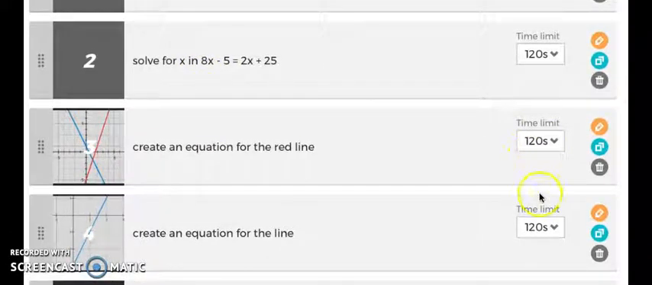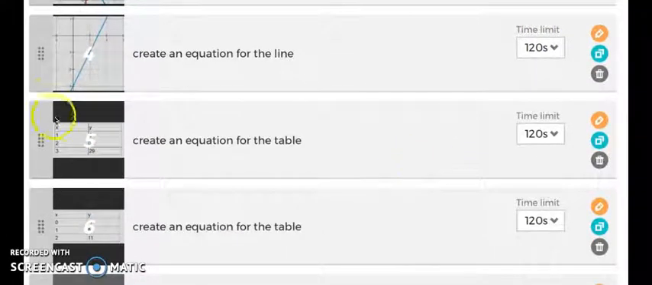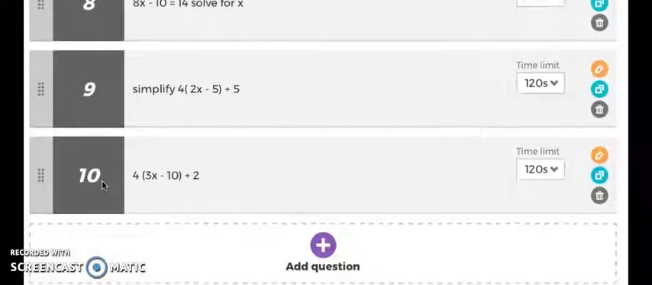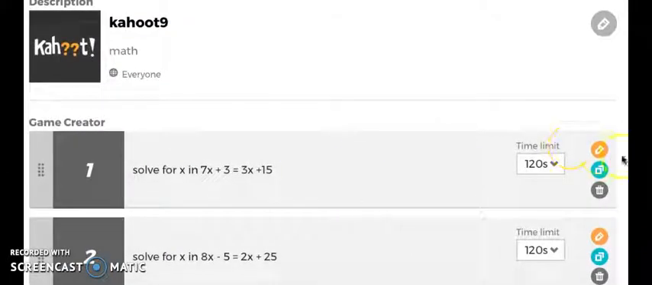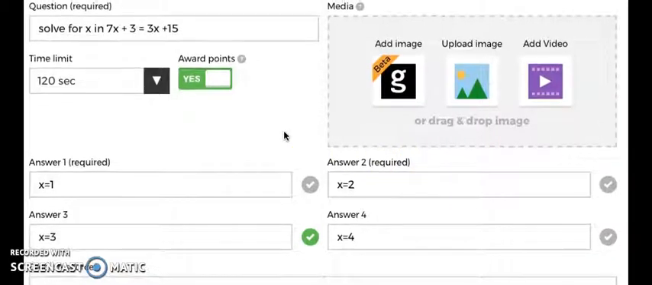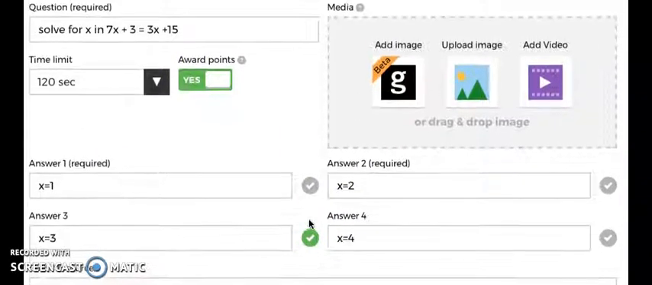And you also have a time limit you can use. And here he's uploaded pictures on this side. And this particular survey had 10 questions. And here's where you can edit your questions. So you have your question here, your time limit, and then your answer options for which they can choose on